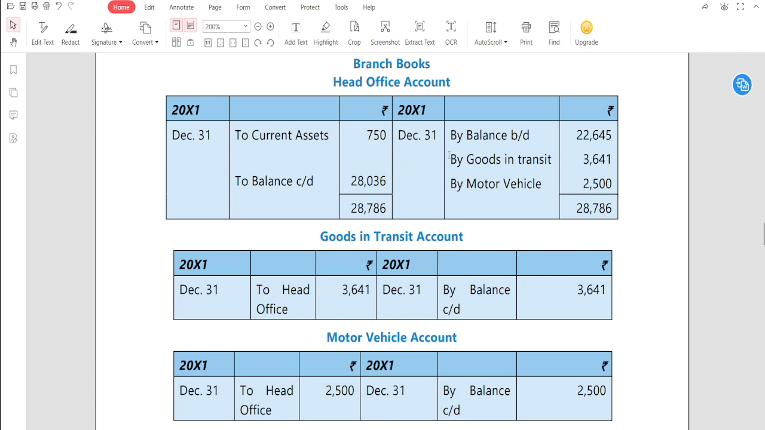So buy goods in transit and to HO account 3641. Perfect. That is a journal we have made. These two journals have been done. Achha, after this,